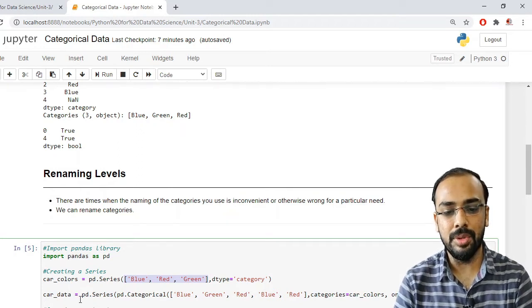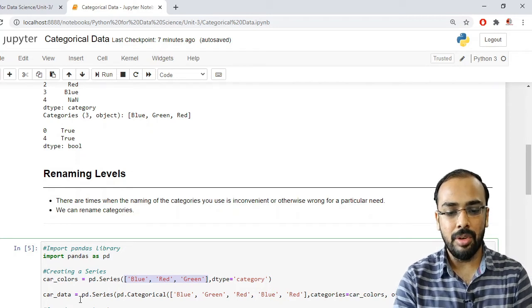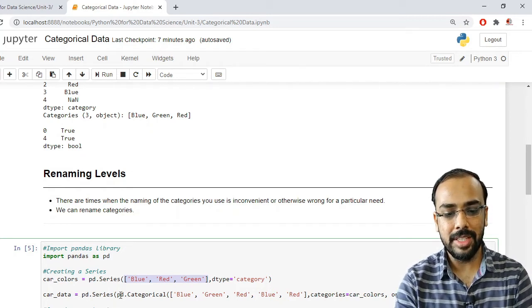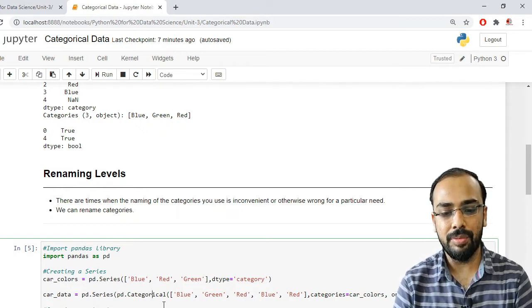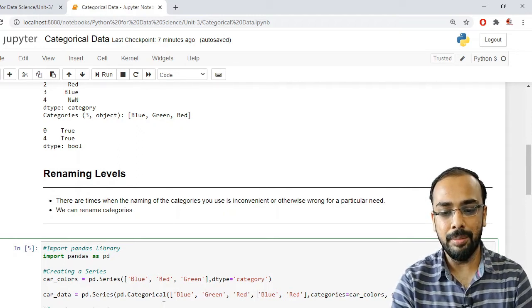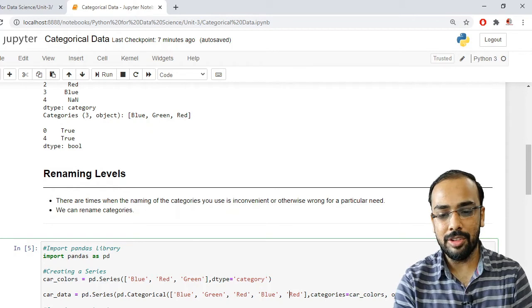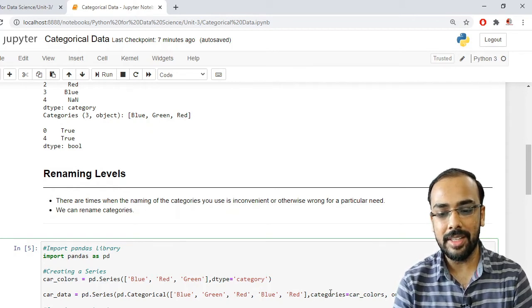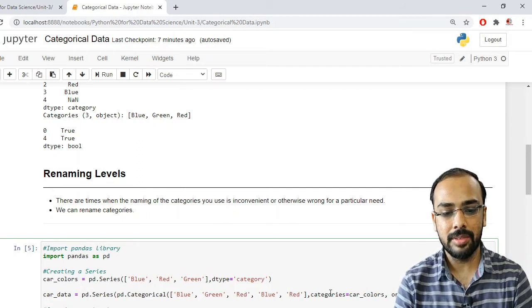For that I am using Series, and inside Series I am using Categorical. So I have written pd.Series, and inside this pd.Categorical. Here I am specifying some of the color values, that is blue, green, red, blue and red. I want to create categories, so I have specified an attribute, categories equal to car_colors, and I have specified the ordered value as false.